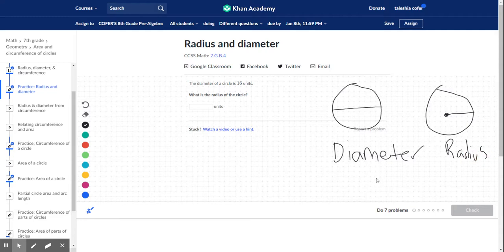Depending on what you're looking for will tell you what you're actually going to use. If I am trying to find the diameter, I take my radius, I'm just going to put an R for radius, and I multiply it by 2. If I'm trying to find my radius,